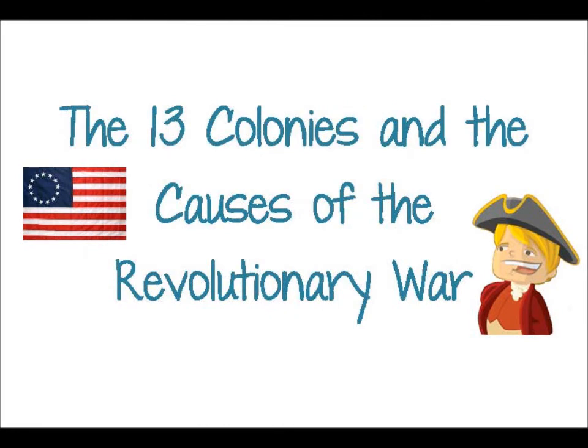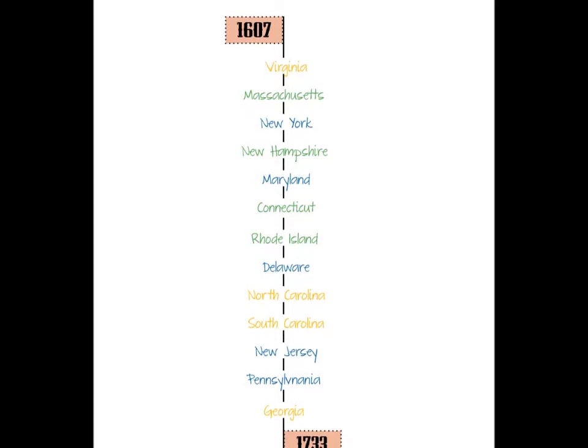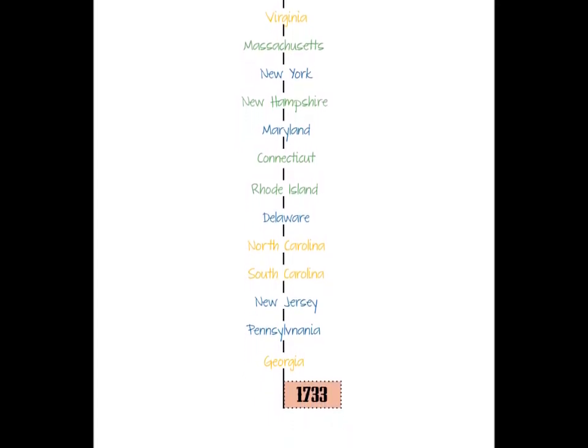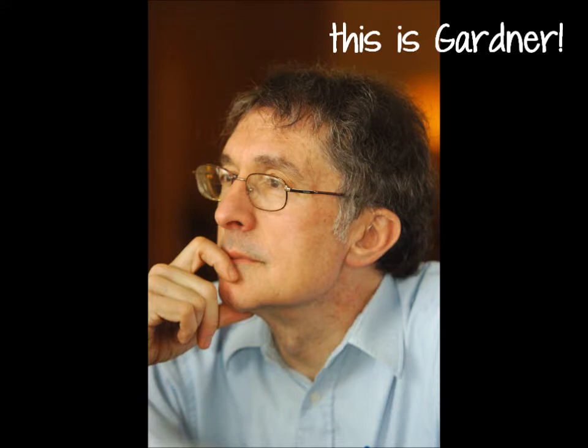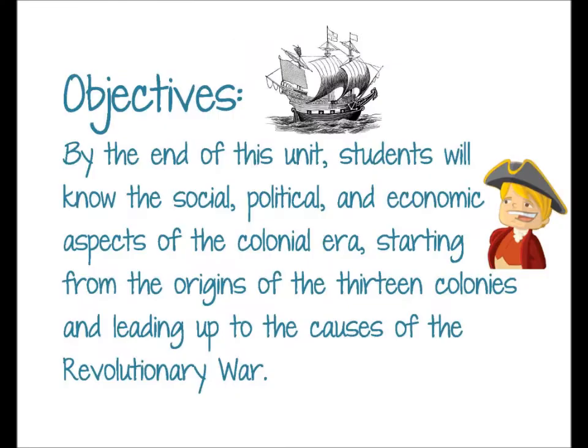Throughout this 3 to 5 week long California Standards-based unit for 5th graders, I include activities that address the different types of learners Dr. Howard Gardner discusses in his multiple intelligences theory. I also integrate various technologies throughout the unit. My objective for this unit is that by the end of this unit, students will know the social, political, and economic aspects of the colonial era, starting from the origins of the 13 colonies and leading up to the causes